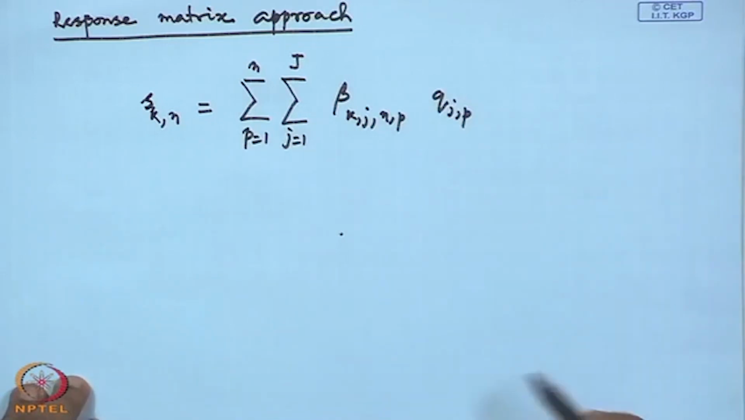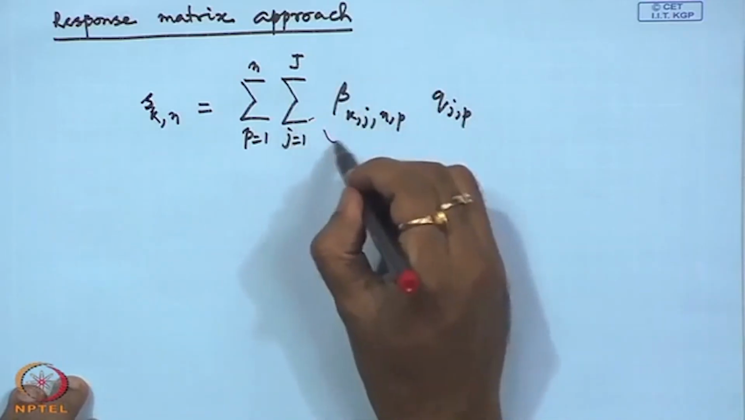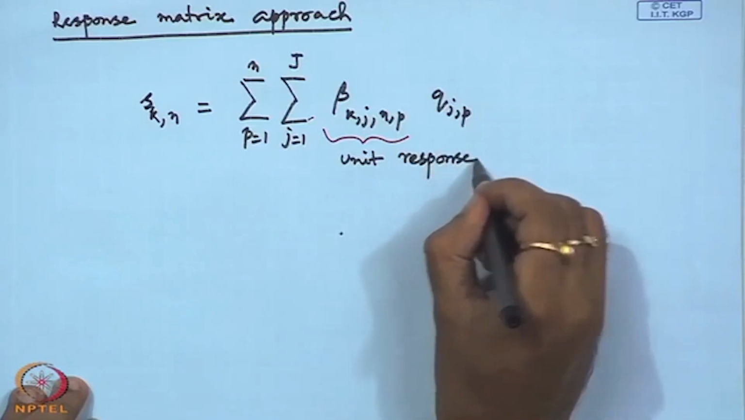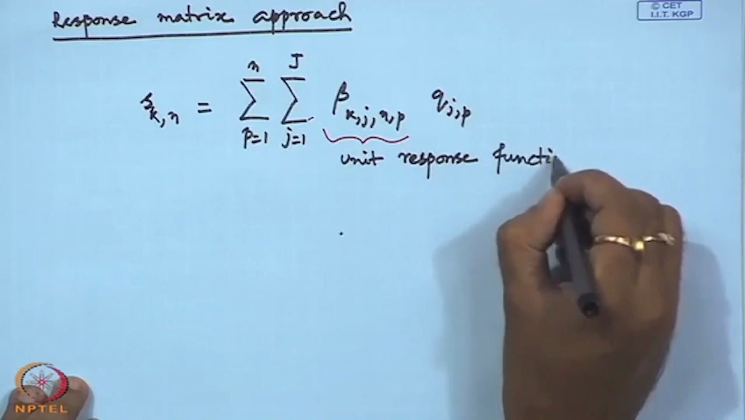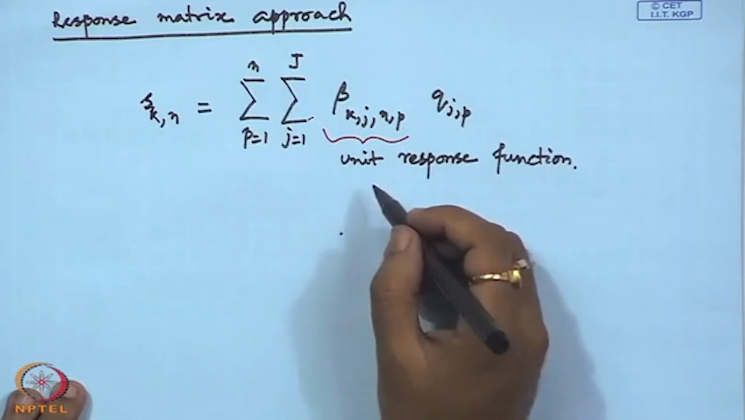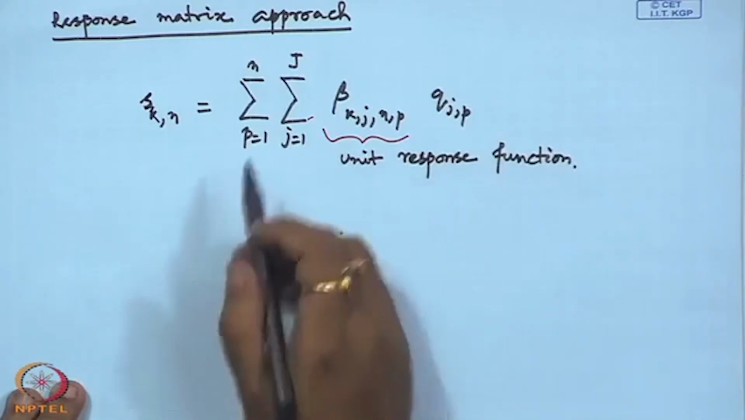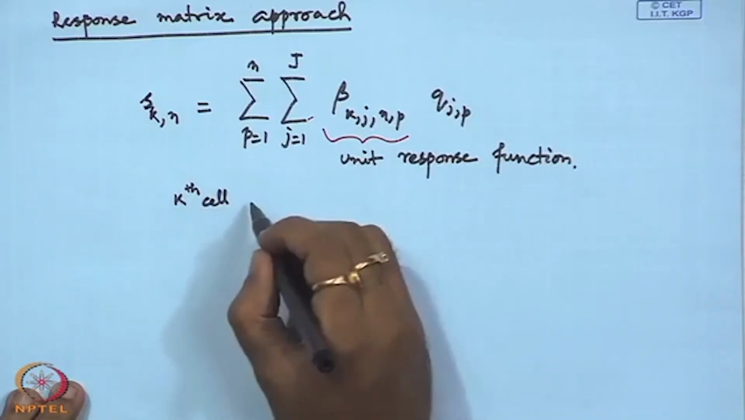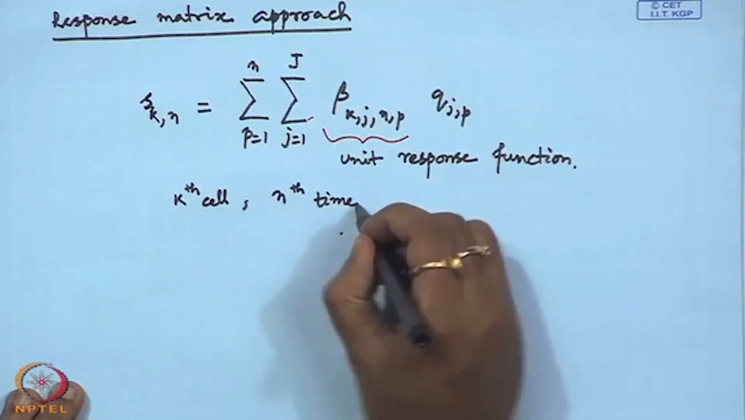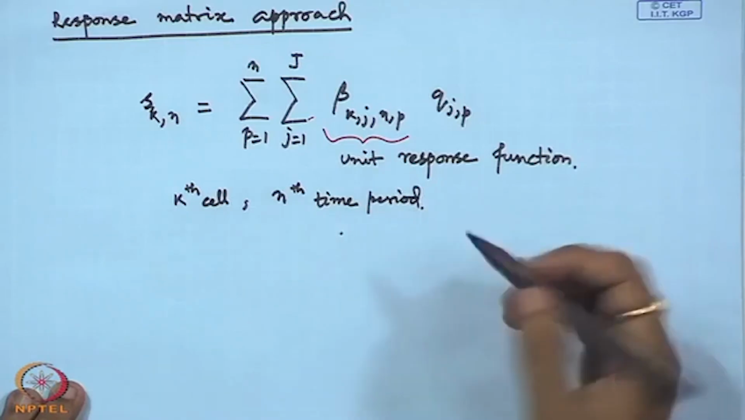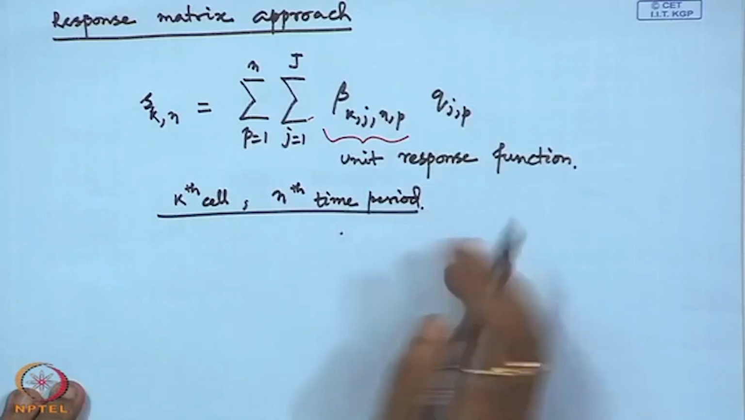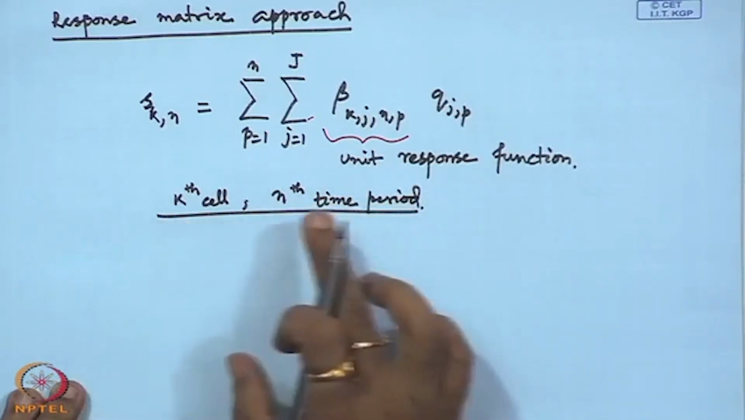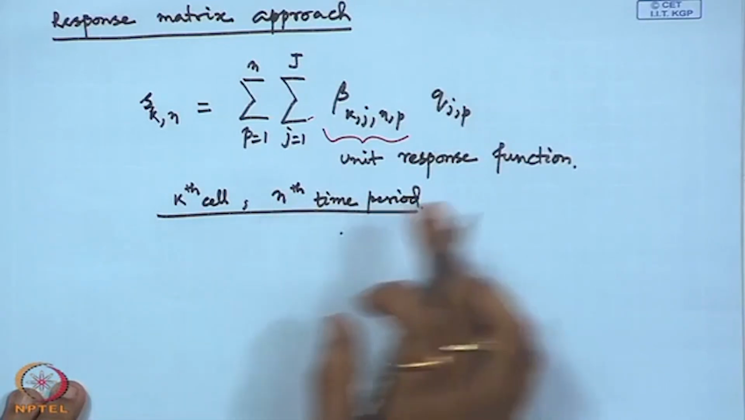So, in this case, this unit response function tells something, that is, in the kth cell at the end of nth time period, due to unit... So, it is basically denoting the change in drawdown for nth cell, the kth cell at nth time period due to